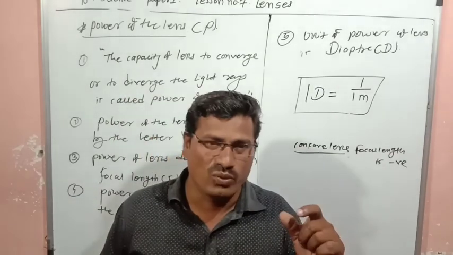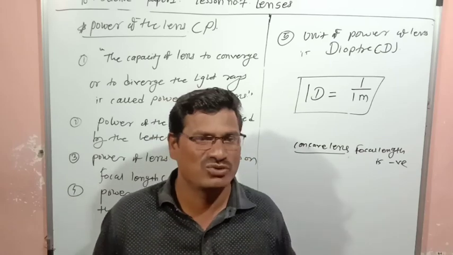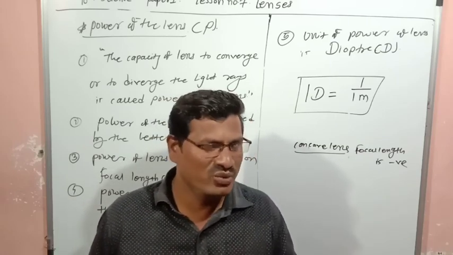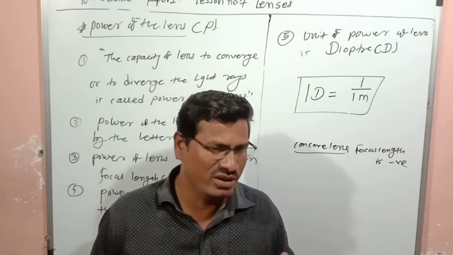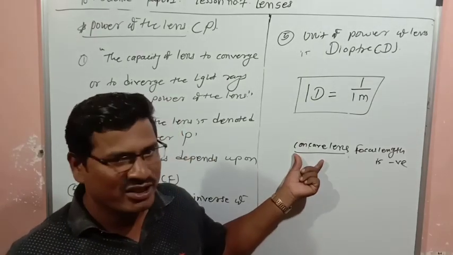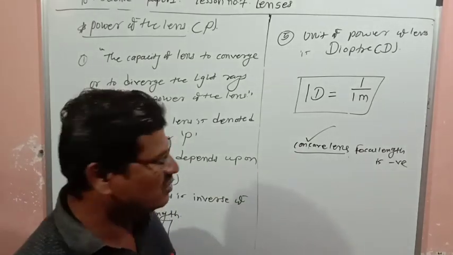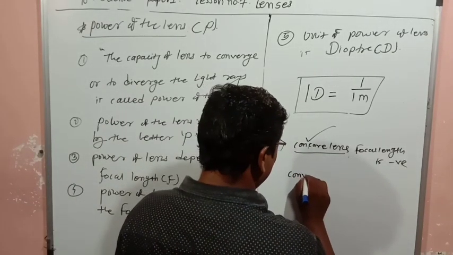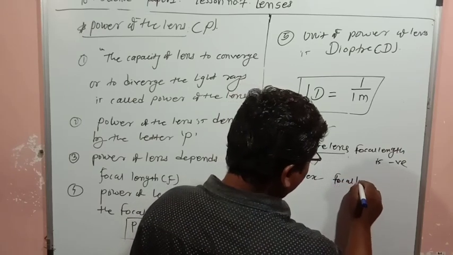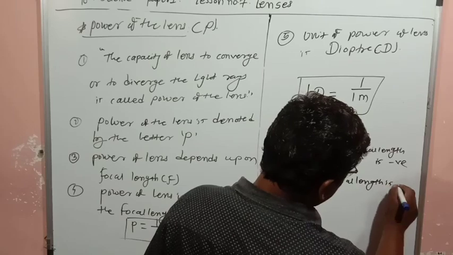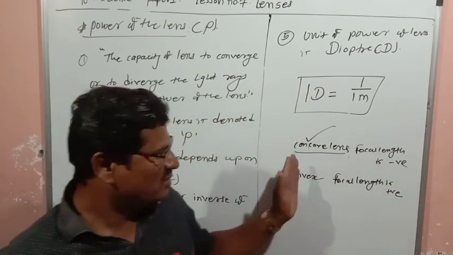And whatever eye defects are there, defects in the vision, in that we are using lenses to correct that eye defect. So whenever doctors are checking your eye number, if the number is negative, they are giving concave lens to you, and if convex lens is given, then focal length is positive. So and so doctor